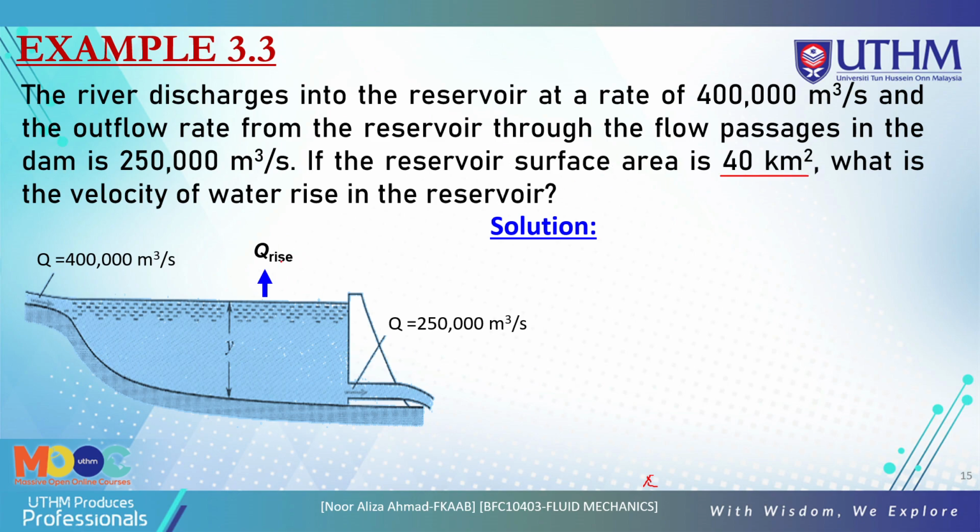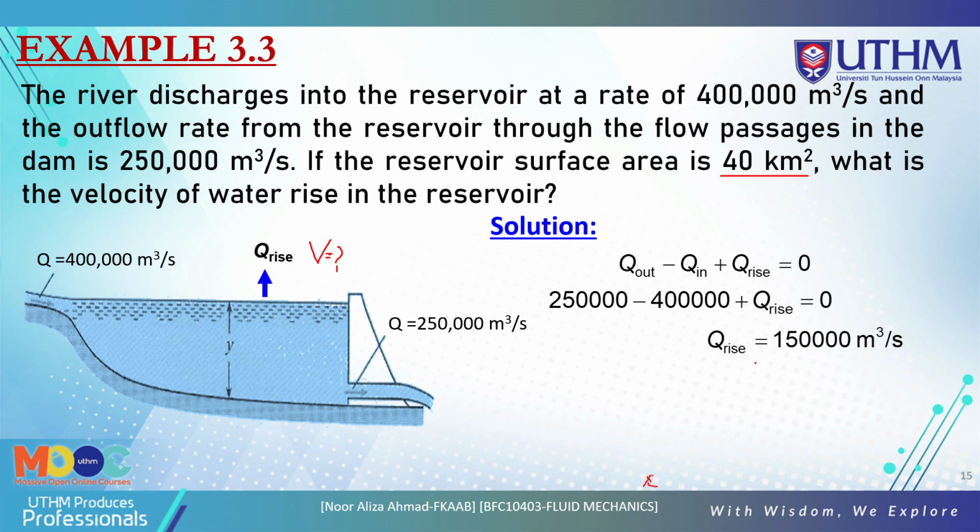Okay, what is the velocity here? You need to find it in the reservoir. So we know that Q out minus Q in plus Q rise equals 0, because this is using the continuity equation. So this one minus 400,000 plus the Q rise,